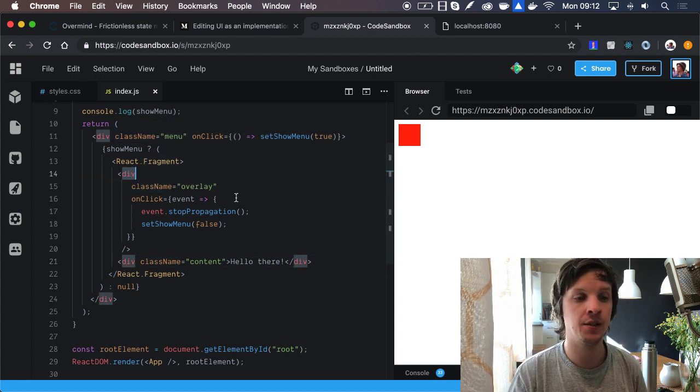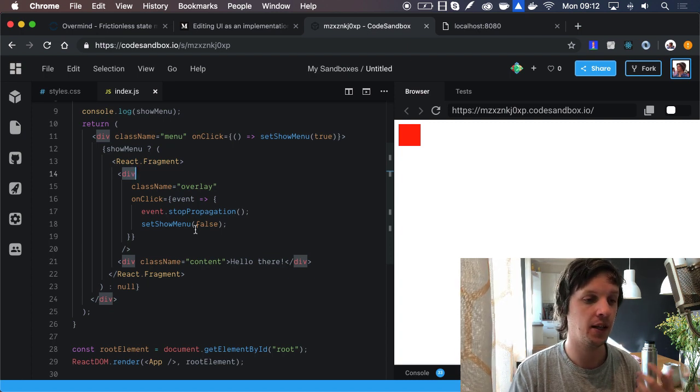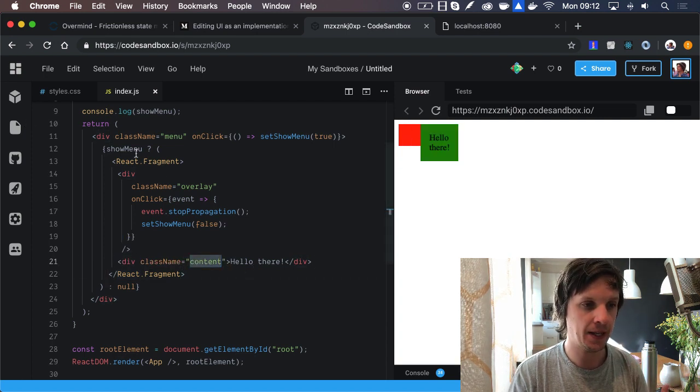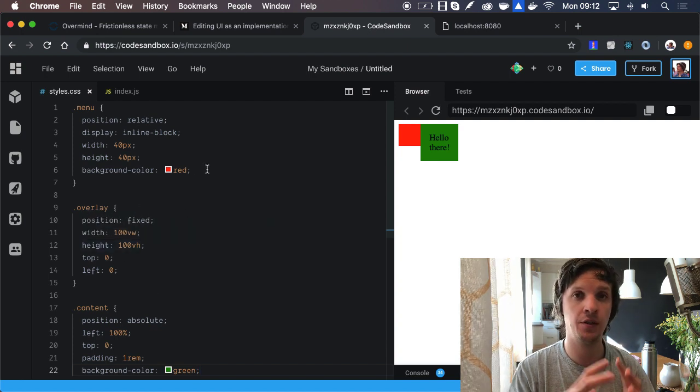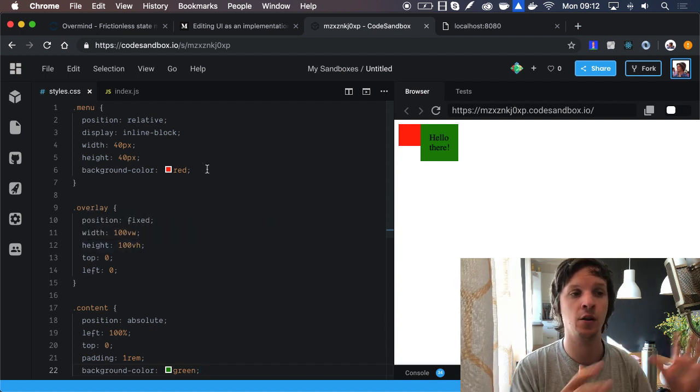And this overlay is only used to catch the clicks. And then the second element is the actual content of the menu. So this first element is a fixed element taking up the whole page, and that's all. It's just a transparent div taking up the whole page.